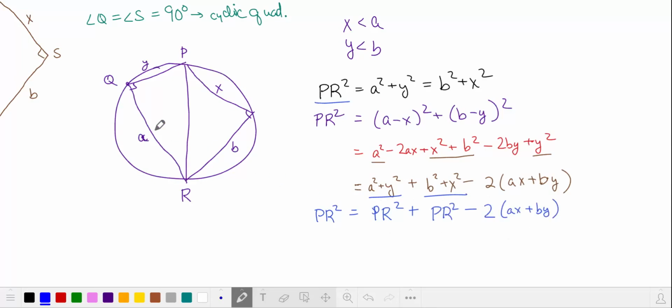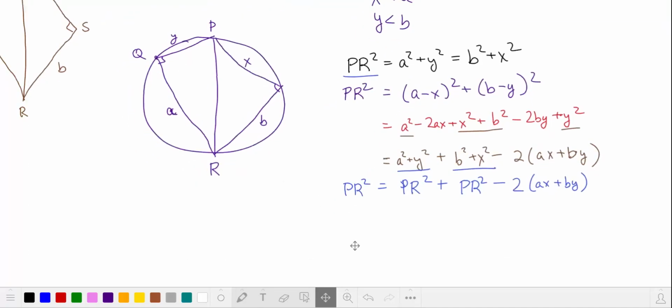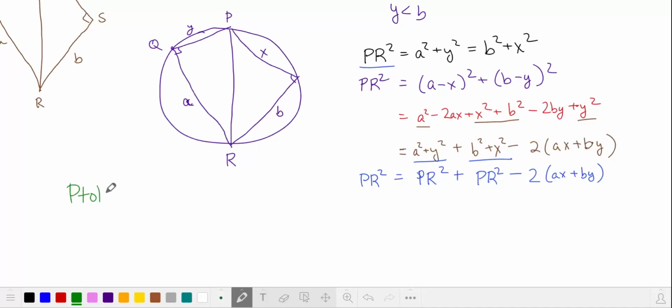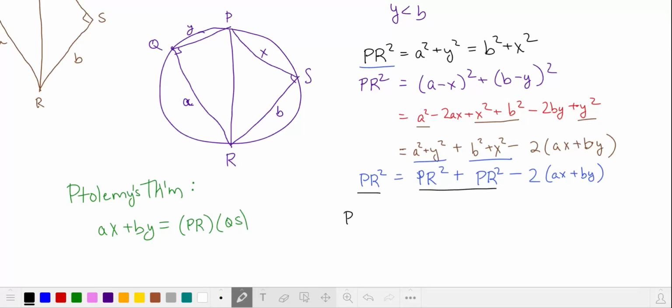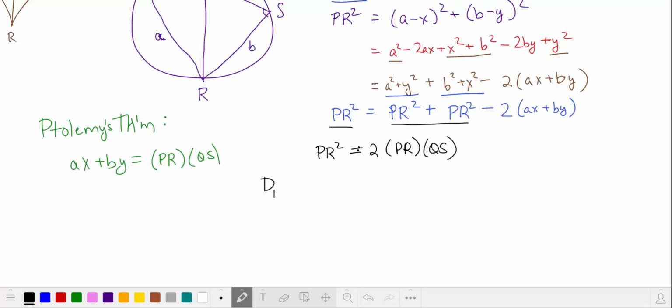This AX plus BY is the sum of the products of these opposite sides of a cyclic quadrilateral. You might recognize this from Ptolemy's theorem, which has that AX plus BY is going to be the product of the two diagonals, which are PR and QS. So I'll do that substitution here. I'll also combine all of these PR squareds and divide by PR and solve for QS, which is 1/2 the